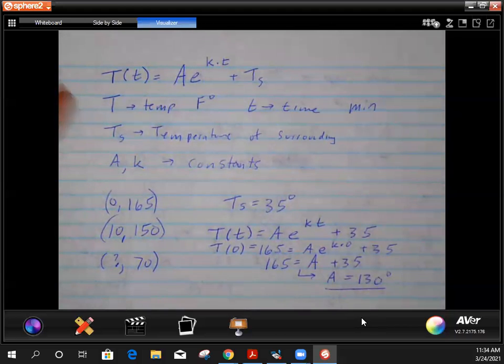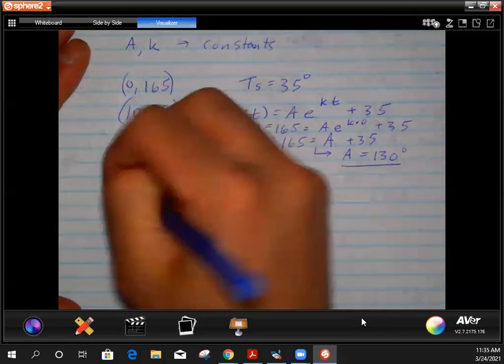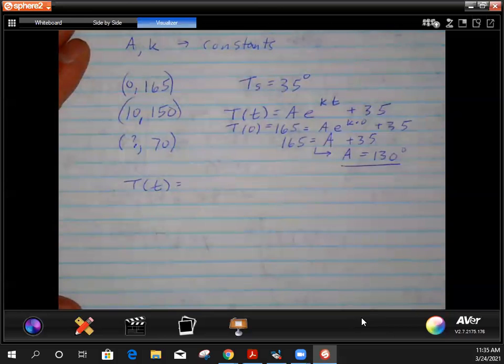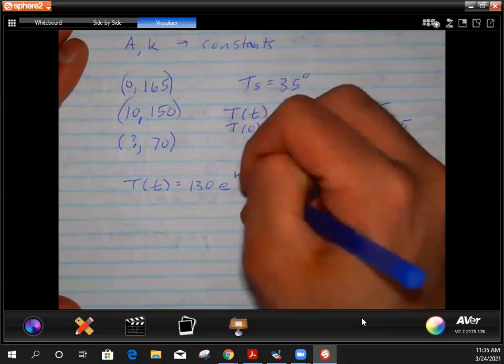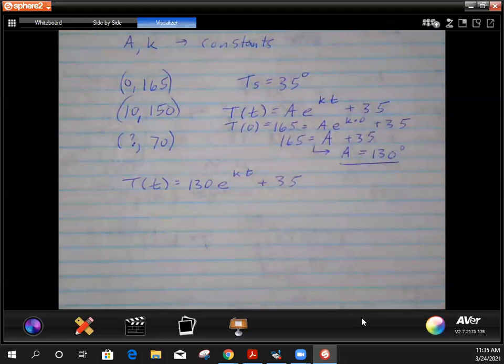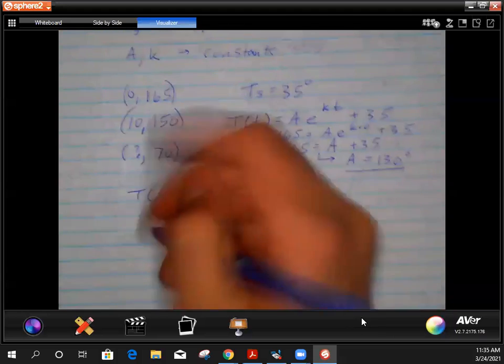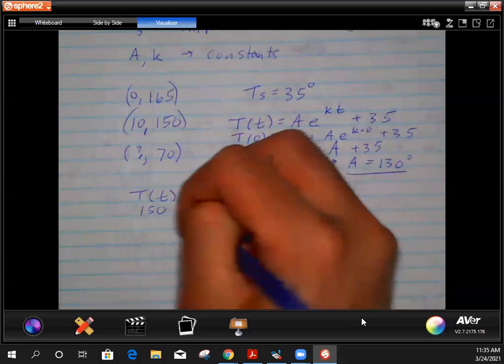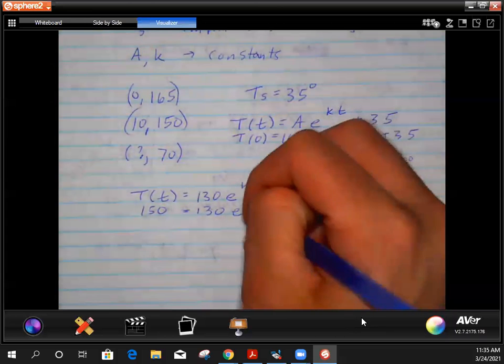All right, so now in our model, we have T of t is equal to 130 times e to the k times t power plus 35. Now we have to solve for t. Check that. We have to solve for k. And to do that, all you need is another data point. So what we're going to do is plug in 150 for the temperature and plug in 10 for the time